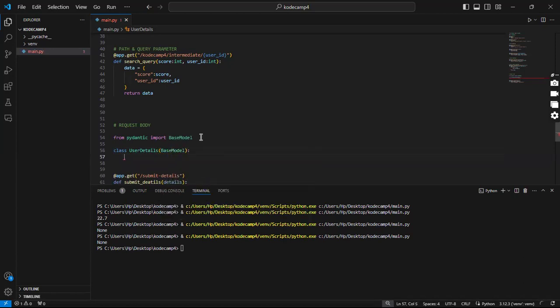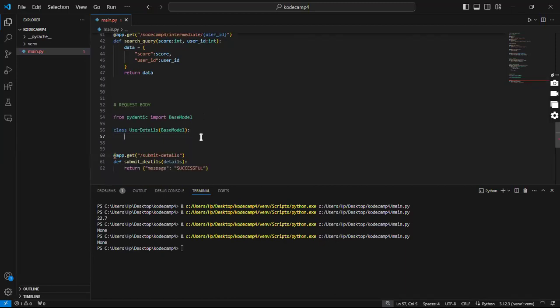Right. And then within this class, we can now specify the expected fields that we want. In this case, the attributes of this class should be the expected fields that we want. So we could say that one of the expected fields that we want could be the name. And then, similar to type hinting,